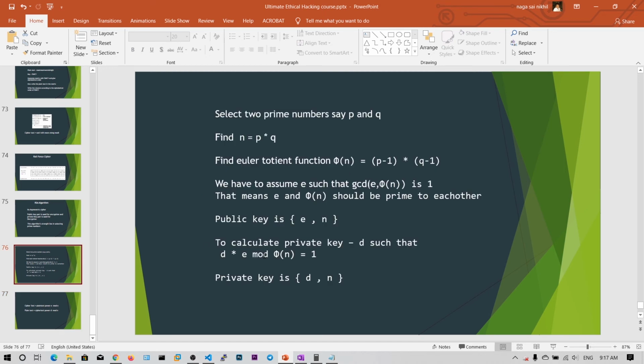To find this d value, you need to find the multiple of e such that mod phi of n is equal to 1. We have n equal to p into q, right? If you factorize this n value into 2 primes, then obviously you get phi of n.